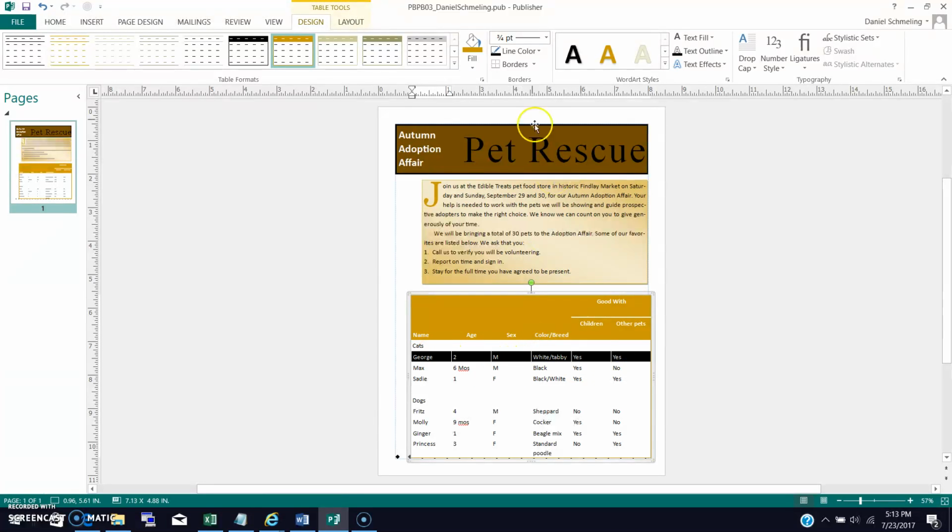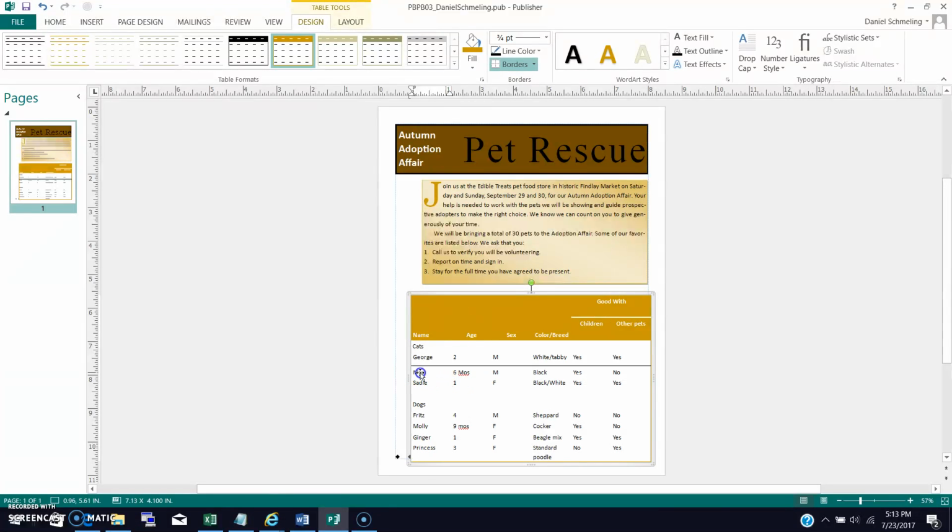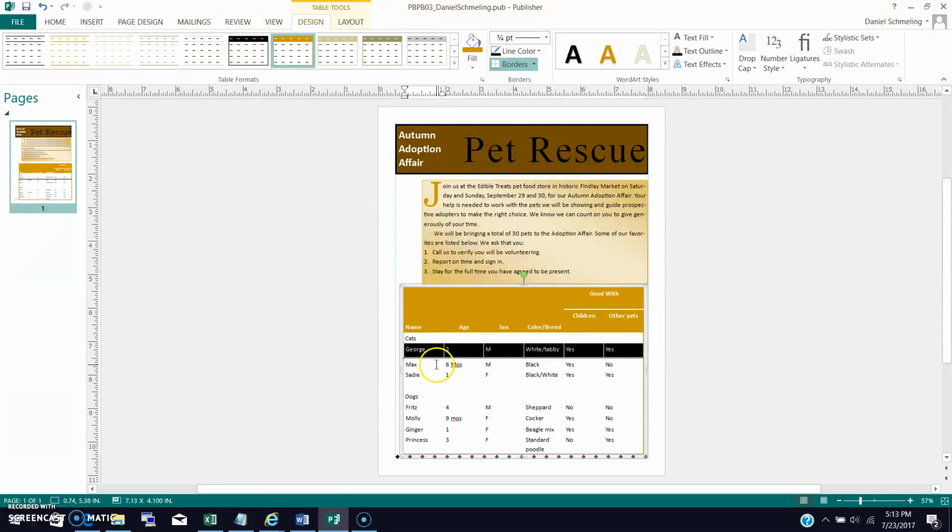And of course, I have to reselect it. There's one. You got to be careful, otherwise you'll move your whole table. So